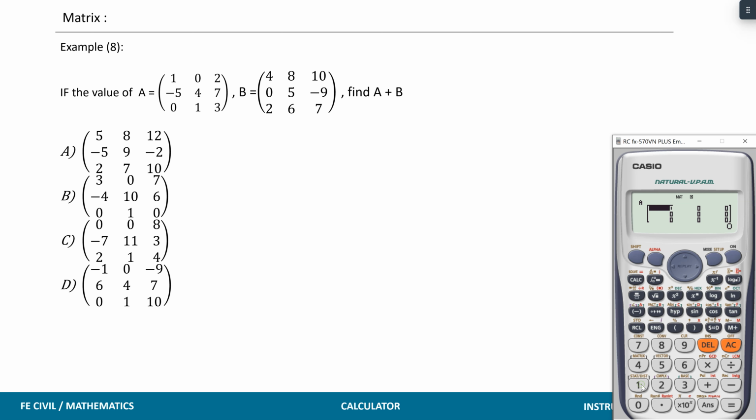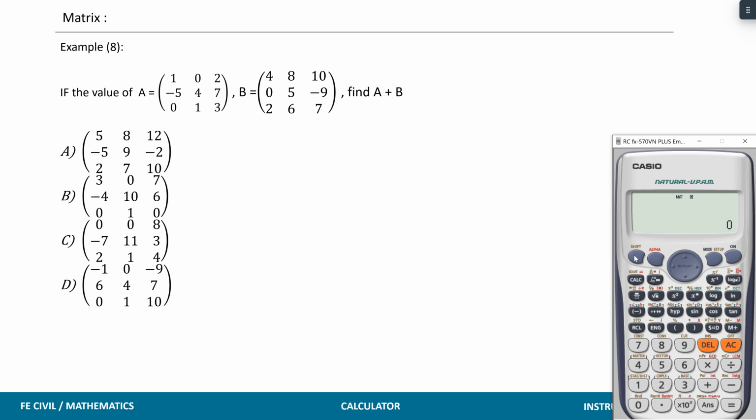So we're going to choose number 1, and we're going to start to fill it in, which is 1, 0, 2, negative 5, 4, and 7, 0, 1, and 3. After we're done finishing the matrix A, we're going to press AC,